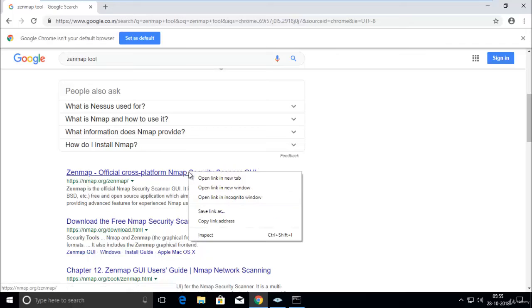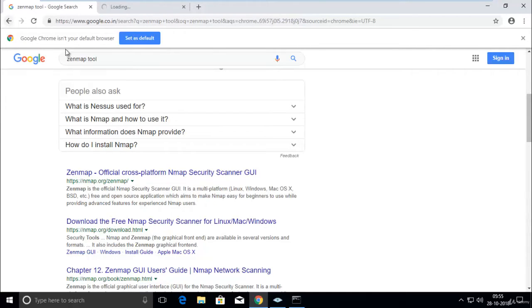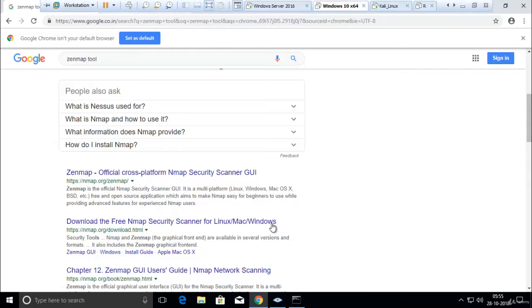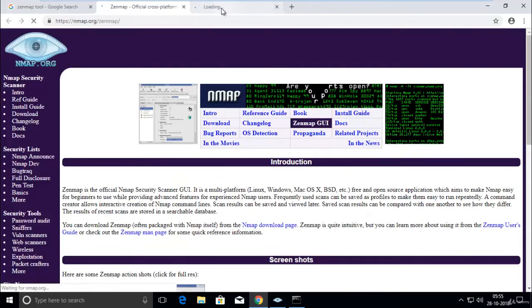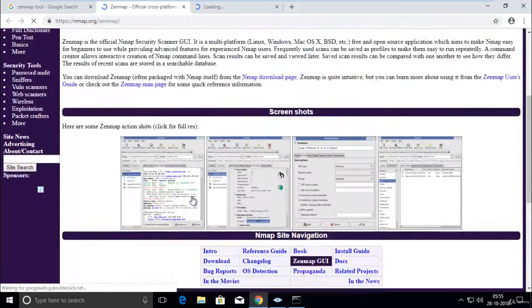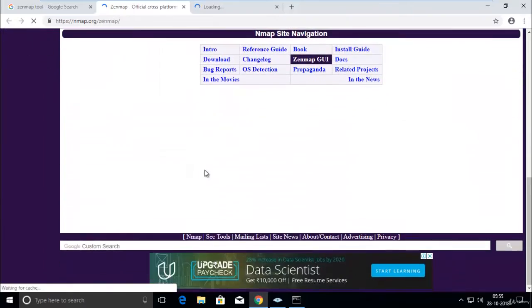Here you can see the nmap.org link for Zenmap. You can download from the link below for Linux, Mac or Windows based operating systems. So here is information about the Zenmap tool, screenshots, etc.